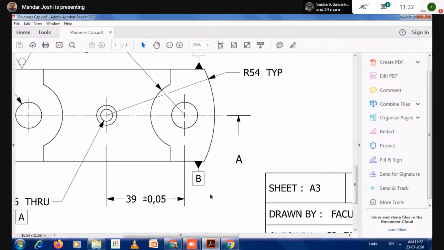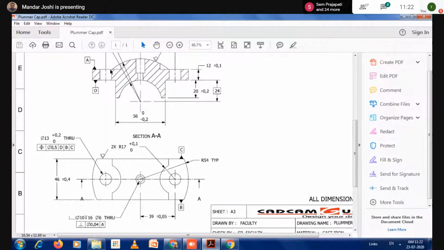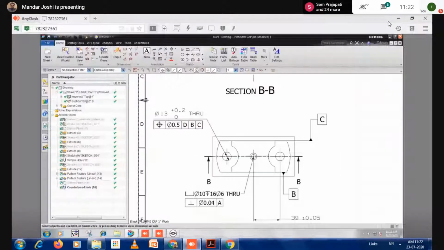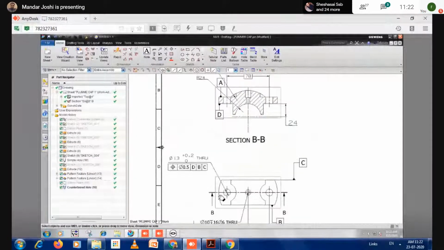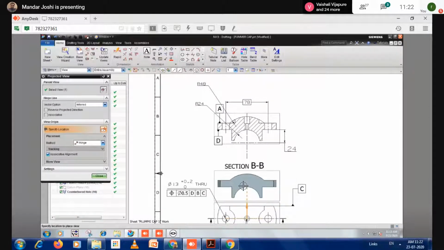Next step. So we finish the GD&T data identifier and feature control frame. The next step, I'm going to show you how to show only the hatch portion. Suppose you have put only the front view. Currently, if you create the section line, the hatching portion comes automatically. But suppose you create it with the front view now, so I'm taking this projected view and I put this projected view here.